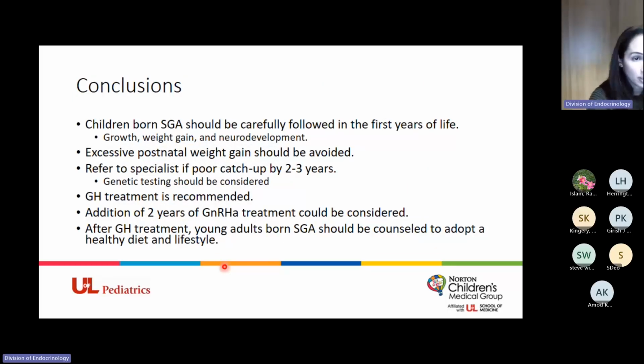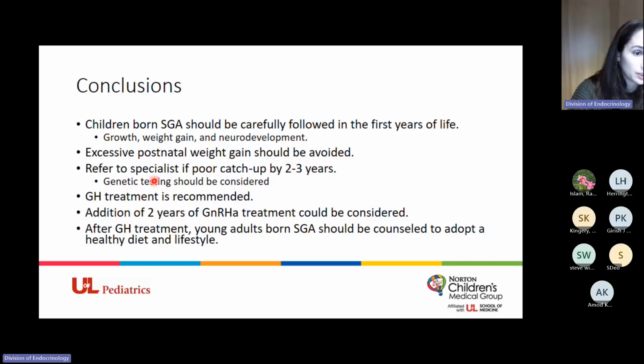So in conclusion, I think this is probably the biggest slide of the main things that we want to try to remember from the talk. It is important that we follow babies born small for gestational age in the first couple of years of life and follow their growth, their weight gain, and neurodevelopment. We want to try to avoid excessive postnatal weight gain because this will lead to multiple issues and metabolic issues down the road. If there is poor catch-up growth by age 2 or 3,